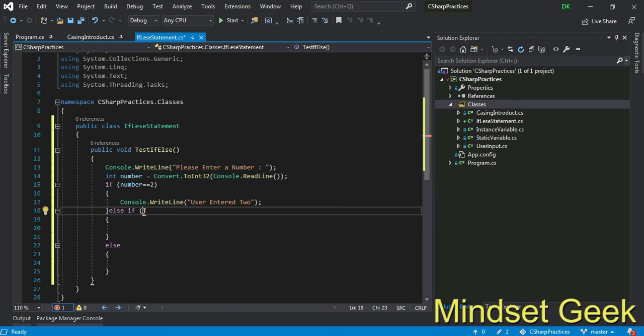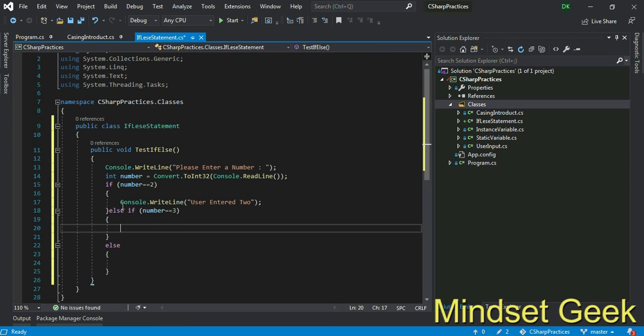Then check number equal to another value. You can use any value, right? If this statement is true, we use, copy, 3.